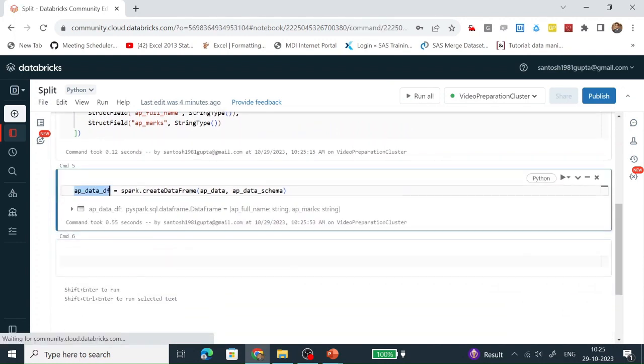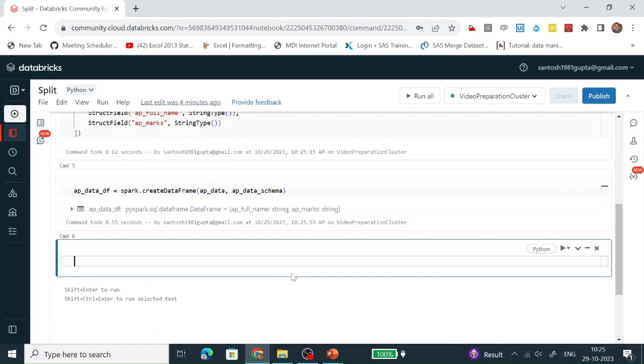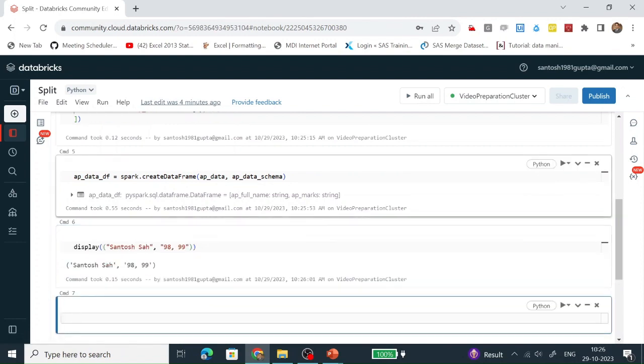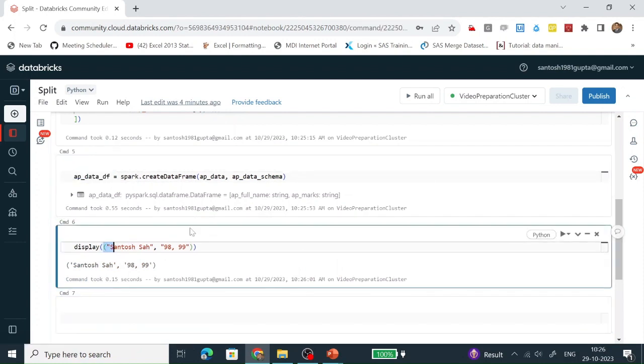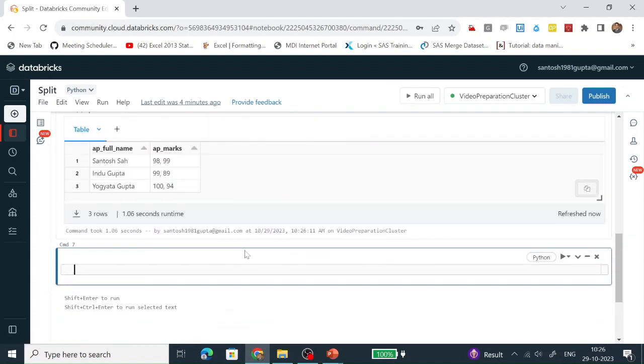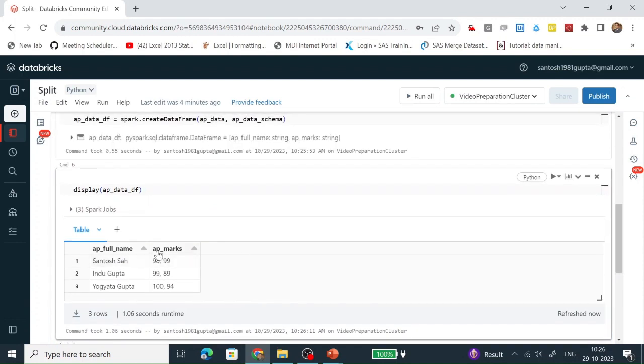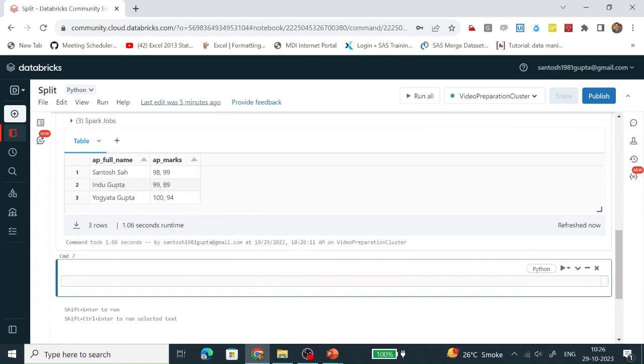This data frame has been created successfully. Let's see the content. You can see it has a column AP marks and it has data. It is of string type, but the data is separated with the help of a comma. Let's see how the split function is going to work.